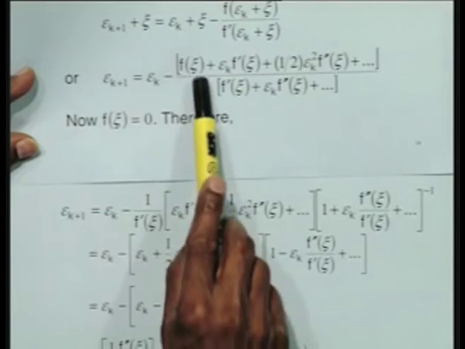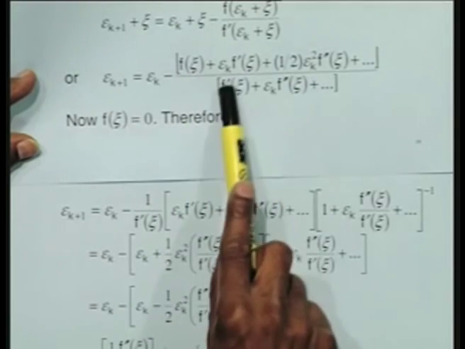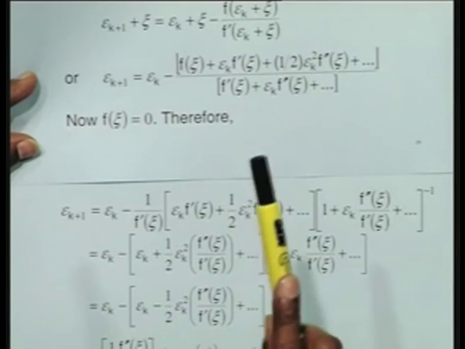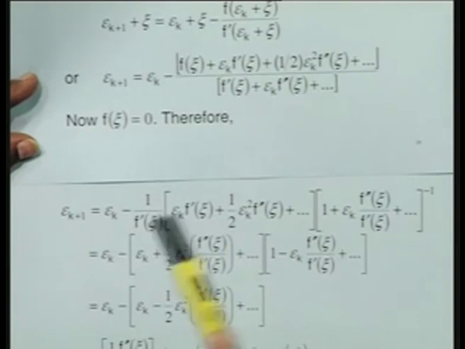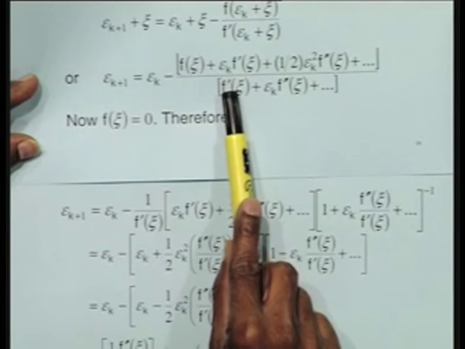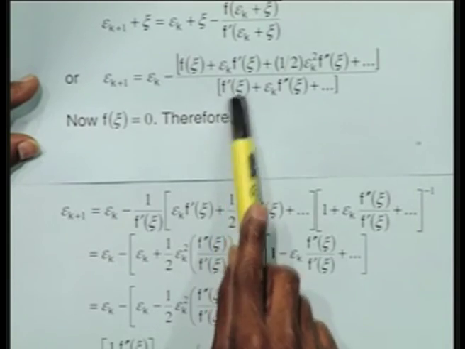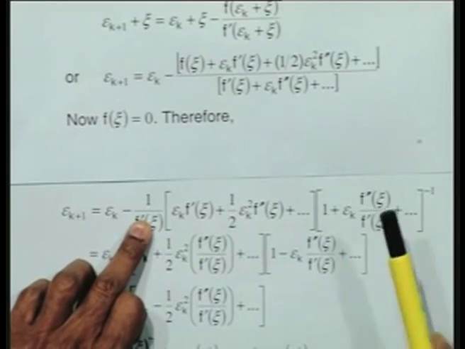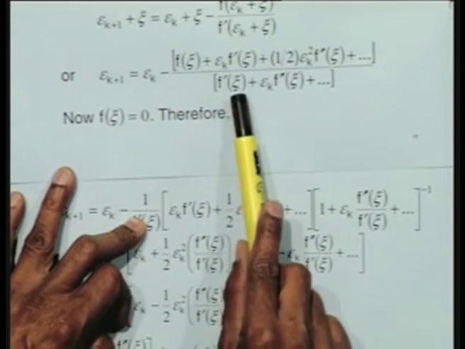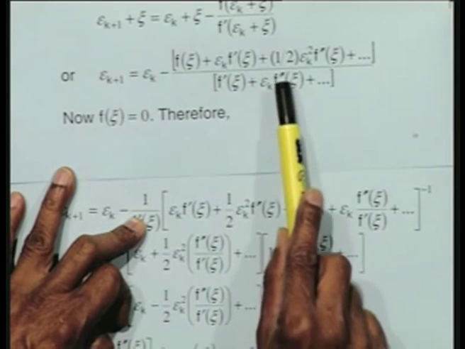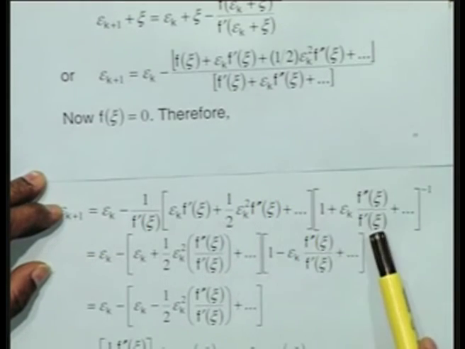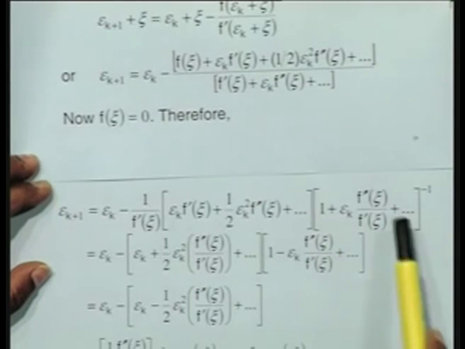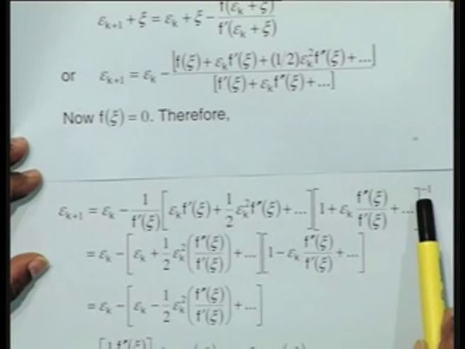Now I set f of xi equal to 0 here, and then if I want to take this to the numerator and expand, I use the binomial form of 1 plus some capital X to the power of minus 1. So I will always take it as 1 plus x to the power of minus 1 or 1 minus x to the power of minus 1, that form. Therefore I take the first term always out. There is a constant f dash at xi, so I take f dash of xi common, and I will have here 1 plus epsilon k f double dash xi by f dash at xi, to the power of minus 1.